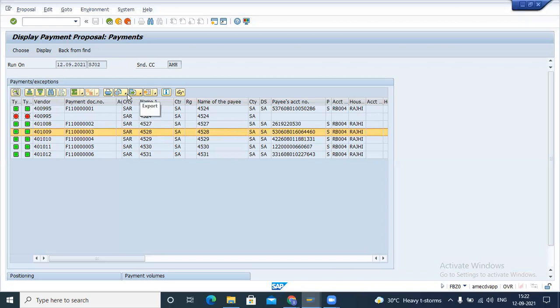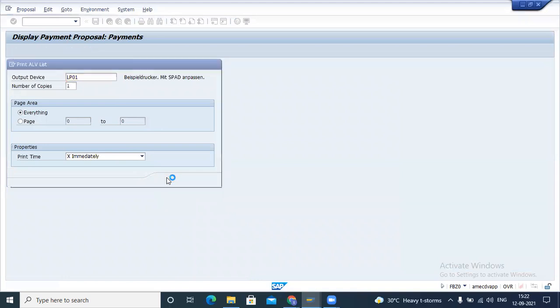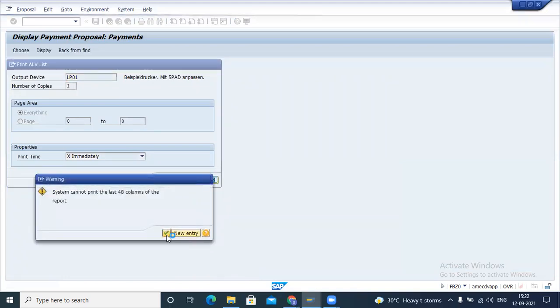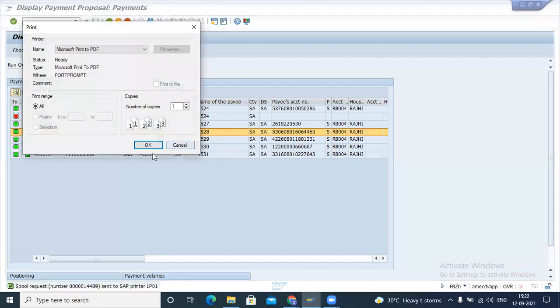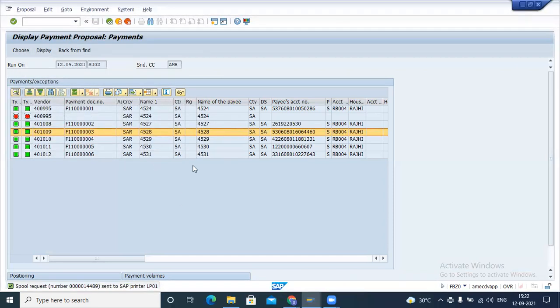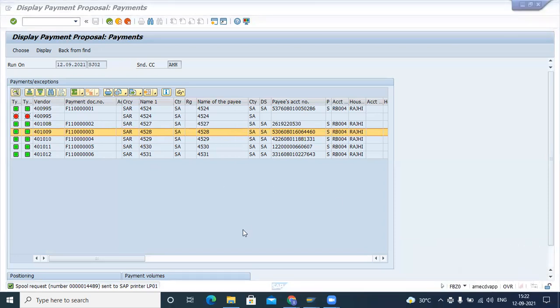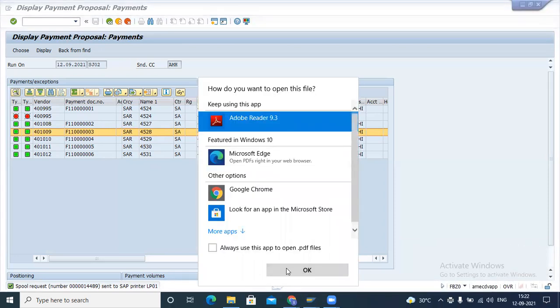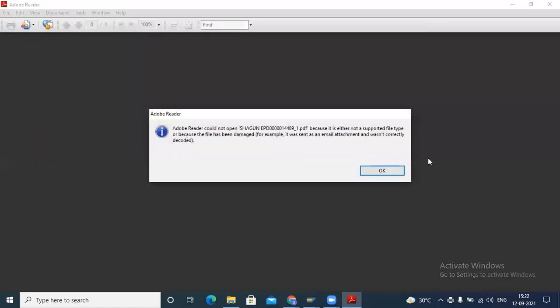You can simply take a printout of this. Just showing you one example. Actually, it will print in the same way which we are displaying currently.